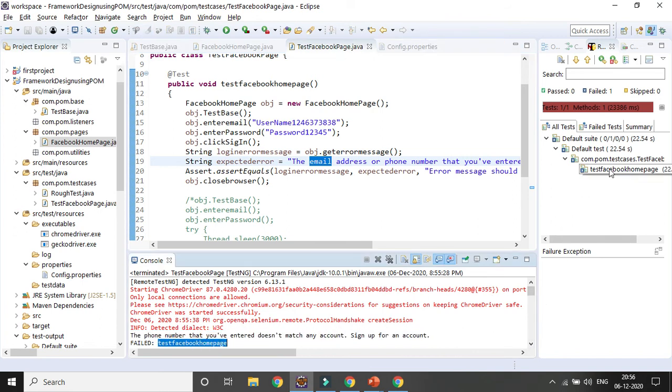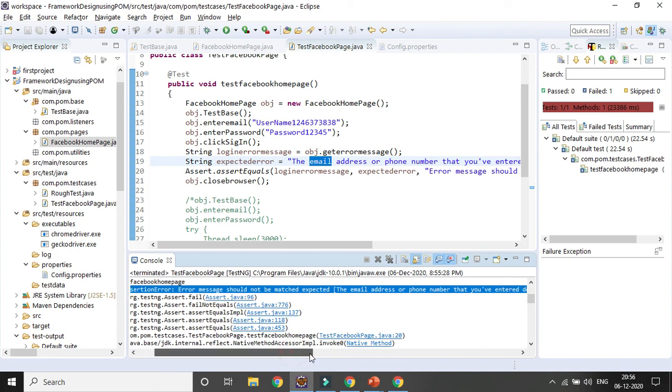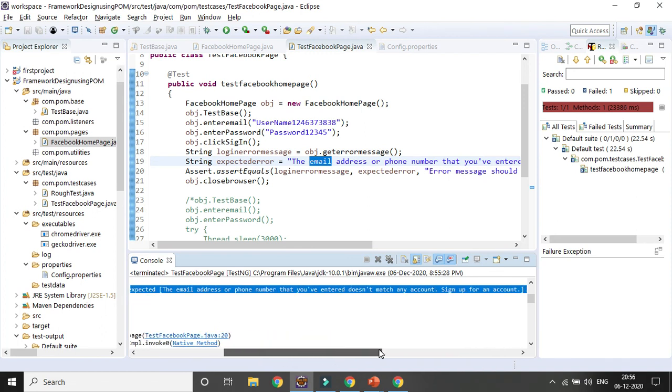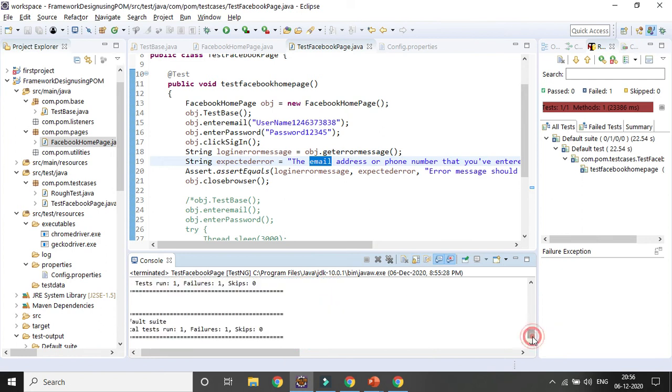At the test case level it also failed, and if you open it, you can see "error message should not be matched" because it expected the email address or phone number you have entered does not match, but found this. So it has been changed, and that is the reason it is not matching. If you go down, you can see the number of test cases executed is 1, failures 1.